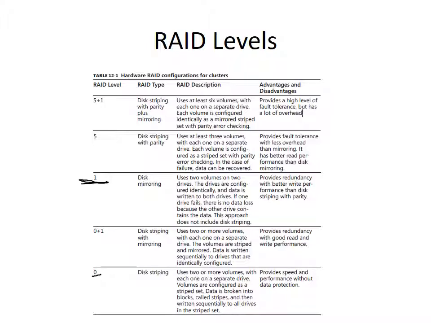So this provides redundancy and better write performance than just a single disk. So if one of the drives were to fail, then the array would continue humming along. RAID 5, this is a more common RAID level, but it's starting to lose some favorability. And it is disk striping with parity. It requires 3 disks, and each volume is configured using something called a parity bit, and it allows you to